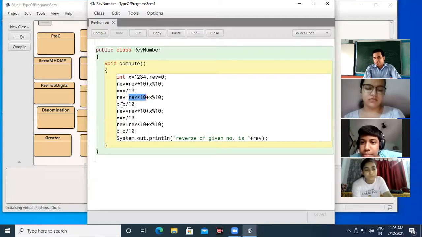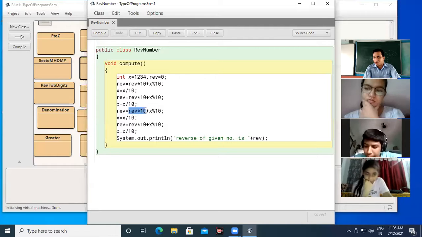Got it? And after that, the remaining number, 123 divided by 10, is 12.3. The 0.3 is sliced off, 12 is the remaining value. 12 modulus 10, the remainder will be 2.